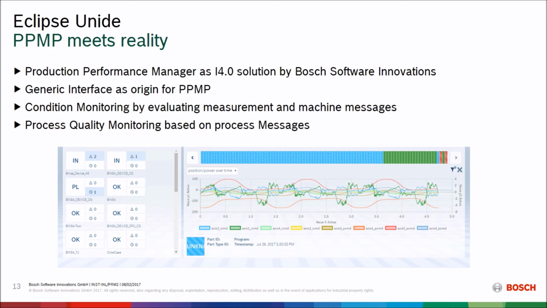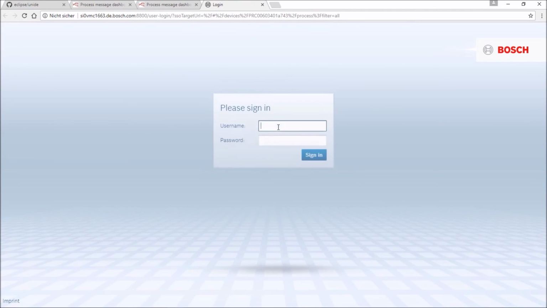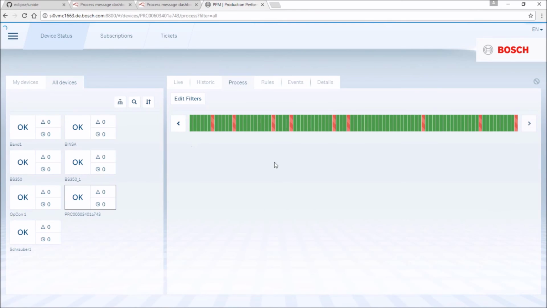And therefore we standardized the message types, machine messages, measurement messages, and last but not least, the process messages. And we use it for condition monitoring, just by evaluating measurement messages and machine messages, and also for process quality monitoring, for instance, based on these process messages. And how this should look like, or how this looks like, you can see here. If I show you just this software,